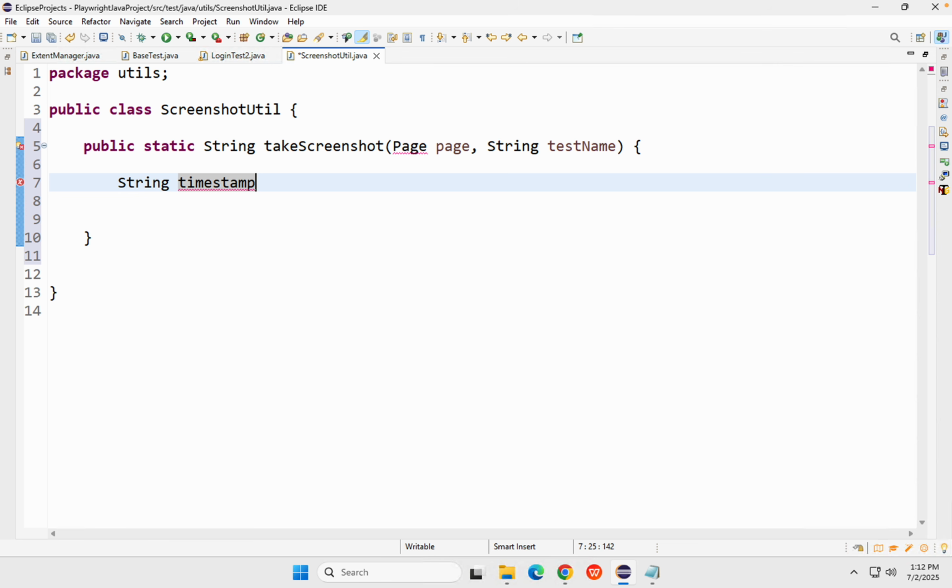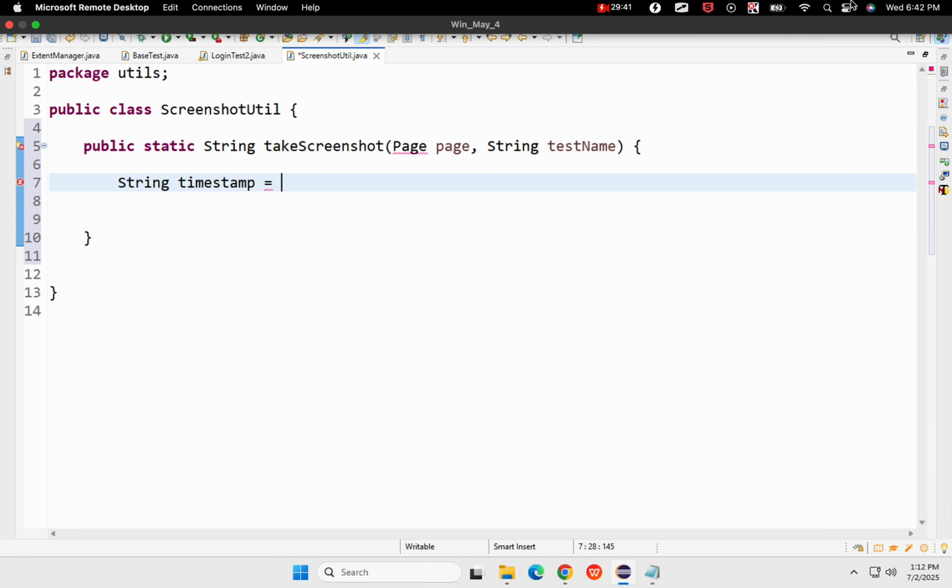Okay, so in case you don't want to preserve the earlier screenshots and it's okay for you that the earlier screenshots get overridden, there is no need to add a timestamp in the name. Otherwise, a timestamp will make sure that every time the name of the screenshot is unique. So I will say string timestamp equals to, and I will say new